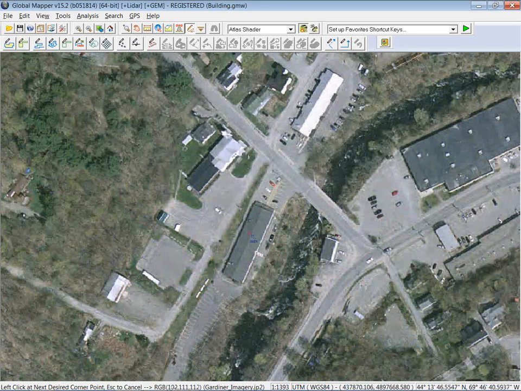Now, I'm going to be creating an area, but I'm going to be creating an area in a slightly different way. I'm going to use this building as an example. I want to outline this building. I'm going to use 3 clicks to do this. My first click is the starting point, and you'll see right now it looks like a line feature being created. I'm going to click again with my left mouse button at the opposite corner. My third click is essentially defining